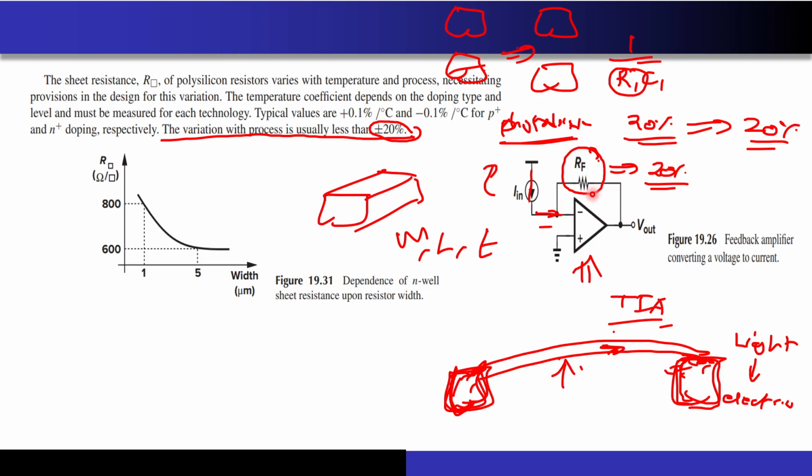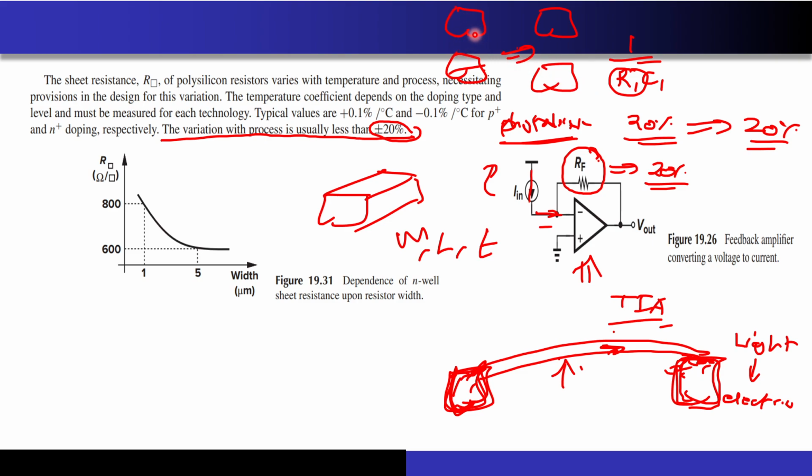So now what is going to happen because of this? Whatever change is there in the RF is going to get reflected in the V out, and you want to minimize this change as much as possible. So how do we do that? We use some layout techniques called the common centroid layout and others. The one big resistor that you have, you divide it into 4 parts and you place them such that any variation occurring along the horizontal or the vertical axis is going to get cancelled out.